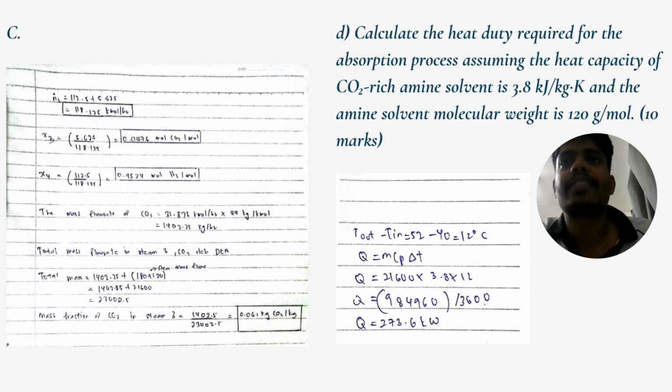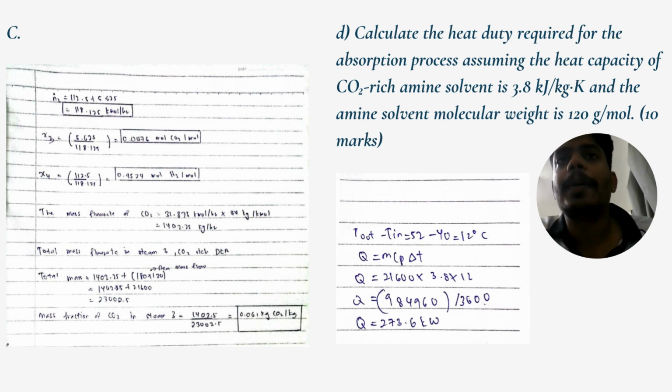Then moving forward to the next part, in that question we have also been requested to calculate the mass flow rate or mass fraction of CO2 in the DEA rich solvent. So to calculate it, first we will convert the mole flow rate in stream 3 to mass flow rate. So we will multiply it by 44 kg per kmol, and we got 1407.25 kg per hour. Then we have to calculate the total mass flow rate of the stream. So we will add